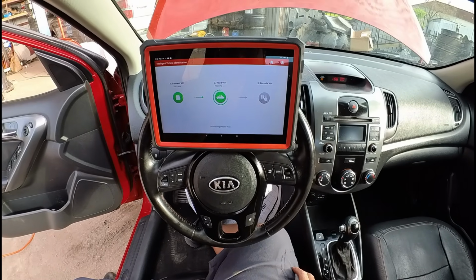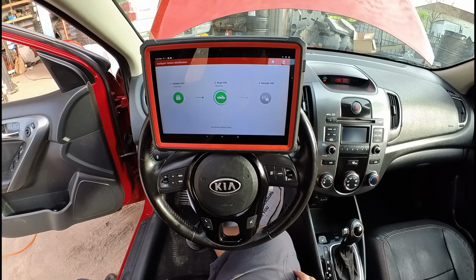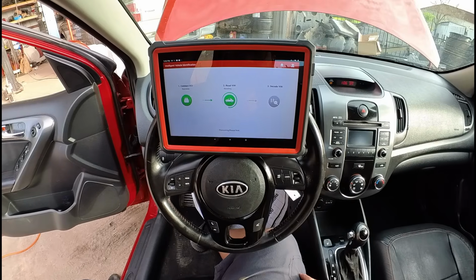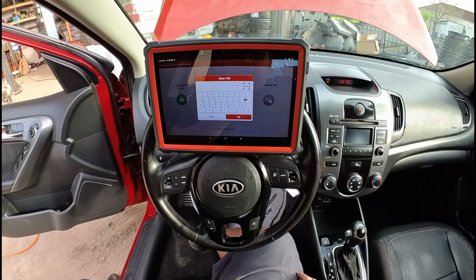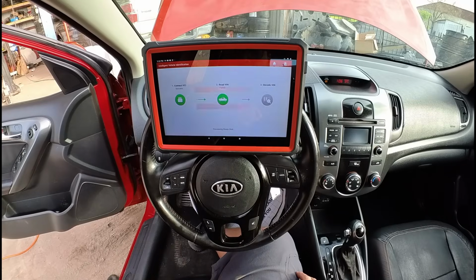Luckily, it's overcast today, so we don't have a whole lot of sun. That's making the glare minimal on the screen, which is a good thing. You can see that it's already struggling to get a good read on the VIN number. It's been sitting here for a minute. And there we go, it failed to read the VIN number, so we don't have any communication with the engine